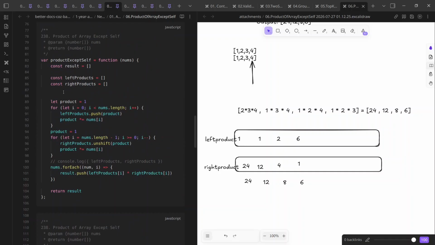Okay, so we have a result array, we have a left product array, and we have a right product array. All these arrays are empty, and we'll start with one because product needs to start with one. Product means multiplication. So for the first one we are iterating over it,